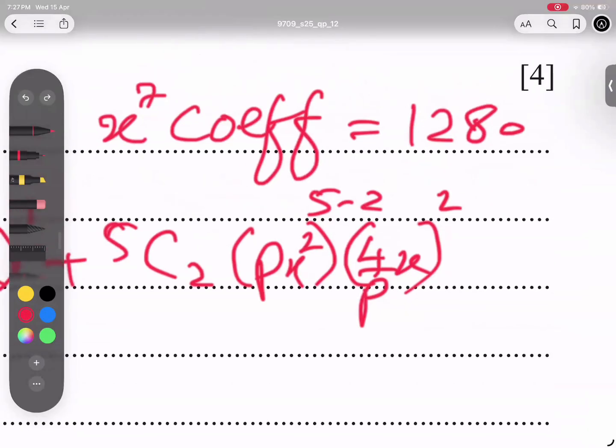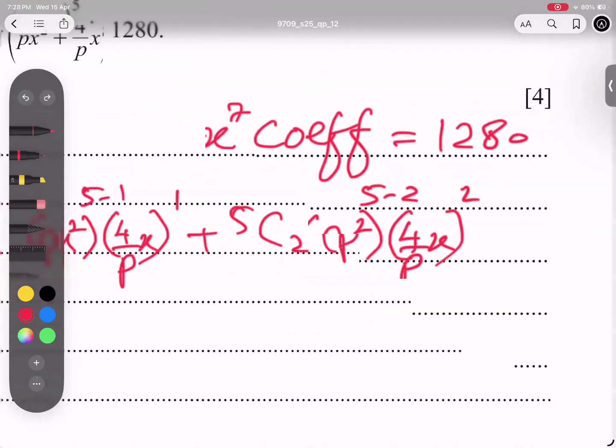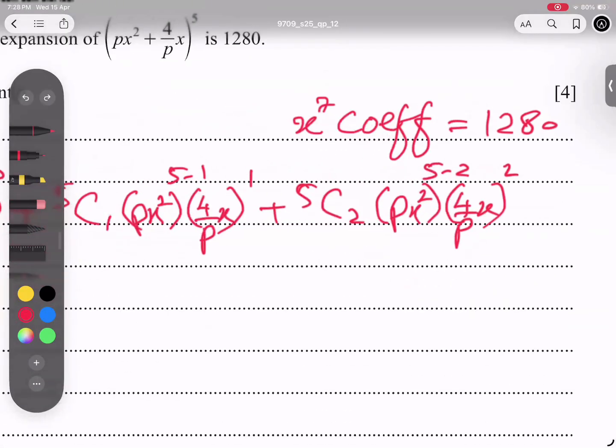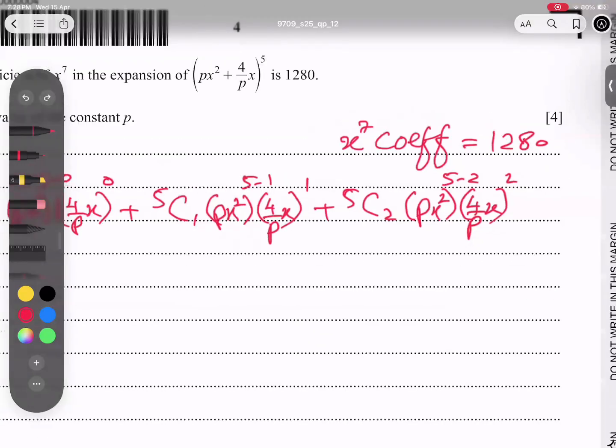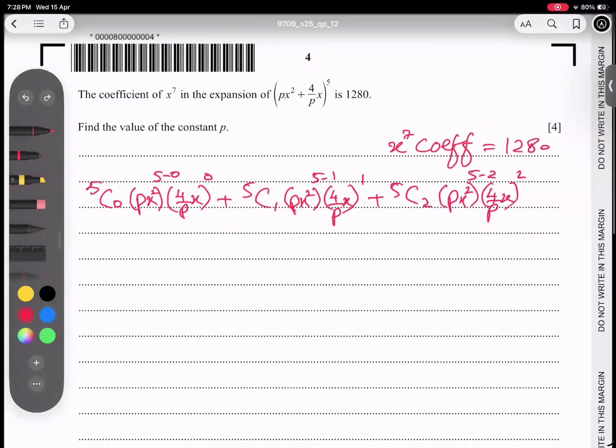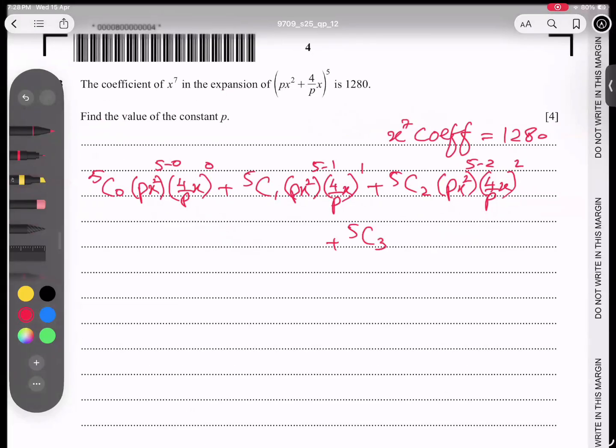3 2s are 6. And here x to the power 2. 6 plus 2 becomes 8. So this is 4 to the 8. 8 plus 1 is 9. It means this is 10, 9, 8. I need one more term to expand, which I'm writing now here: 5C3, px to power 2, power 5 minus 3,